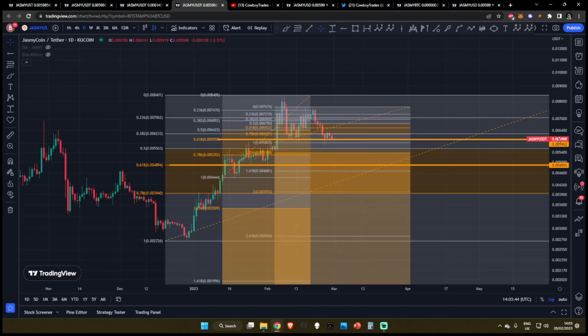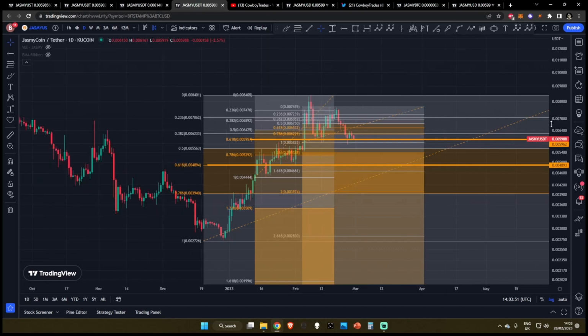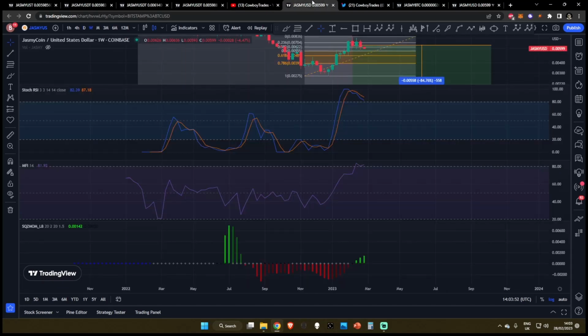I keep on saying 6 cent or 5.9 cent. It is 0.0059. So I'm just going to say 59 so I don't say all the zeros every time I give you a price target. Now, coming back over to the weekly, if we are looking at our oscillators,